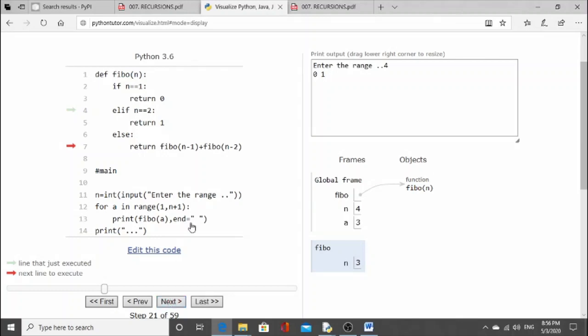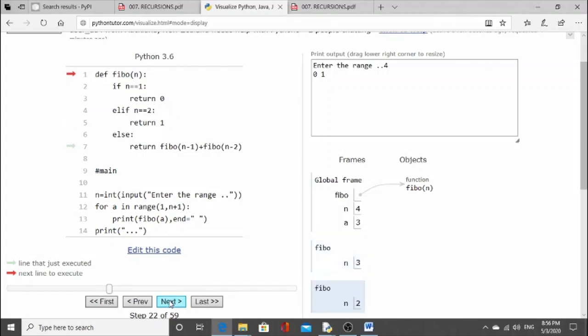It is returning n minus 1 plus n minus 2, that is 3 minus 1, that is 2, and plus 3 minus 2, that is 1. So FIBO function is called with 2 and 1, and you have seen when 2 is used, it returns 1, and when 1 is used, it returns 0.